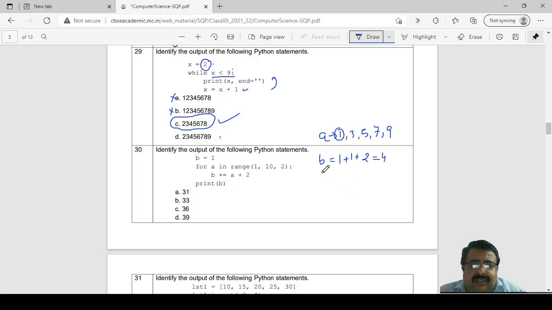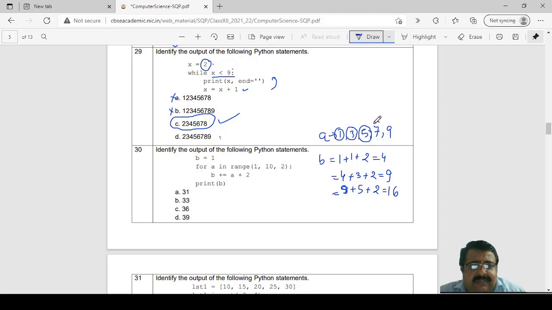Then in the next iteration when A is 3, it becomes 4 plus 3 plus 2, that is 9. When A is 5, then it becomes 9 plus 5 plus 2, 16.